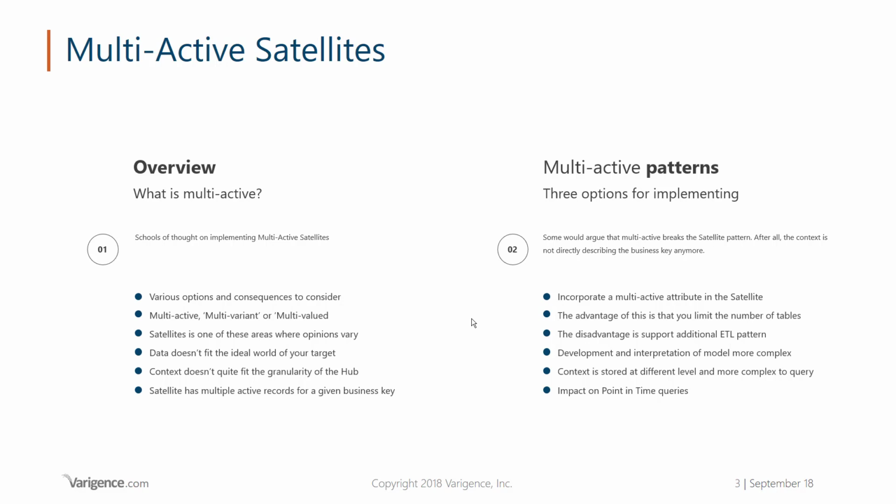So there are a couple of different multi-active patterns. There's about 3 options for implementation. As I said, there's possibly a fourth one, but I'm not going to be covering that. What we want to try and do is incorporate the multi-active attribute in a satellite somehow, or you can add it to an actual satellite, or there's another pattern there. The advantage of this is it limits the tables. As we'll go through the 3 different scenarios, you'll see the first scenario will create less tables in your data vault, but